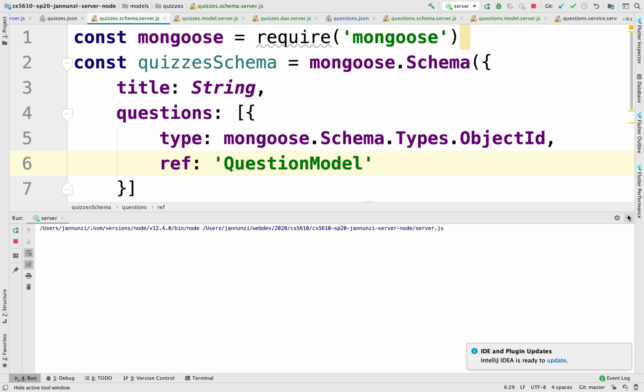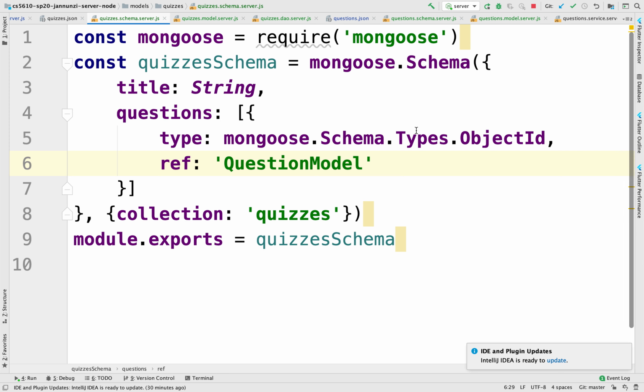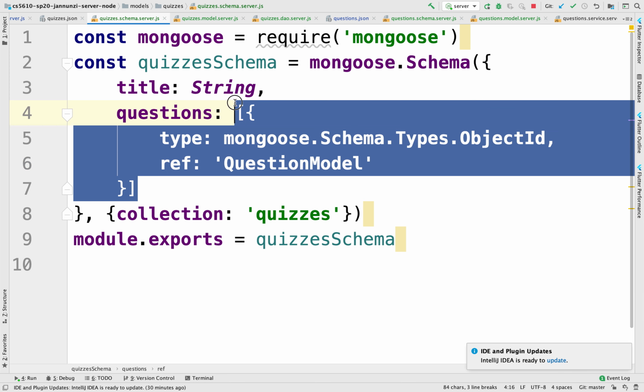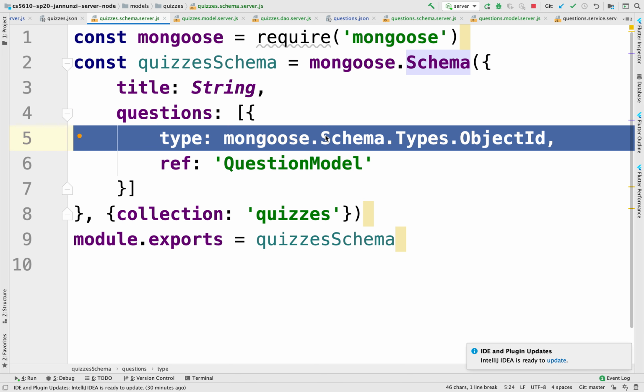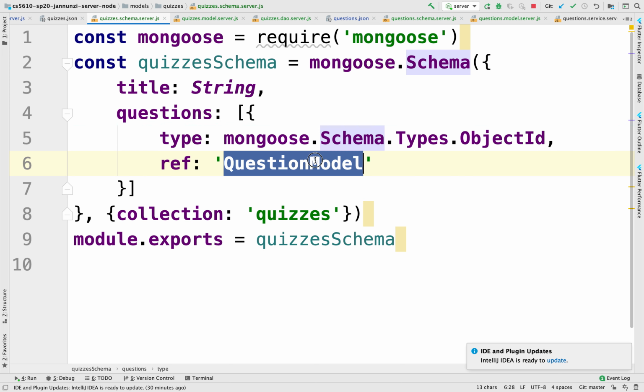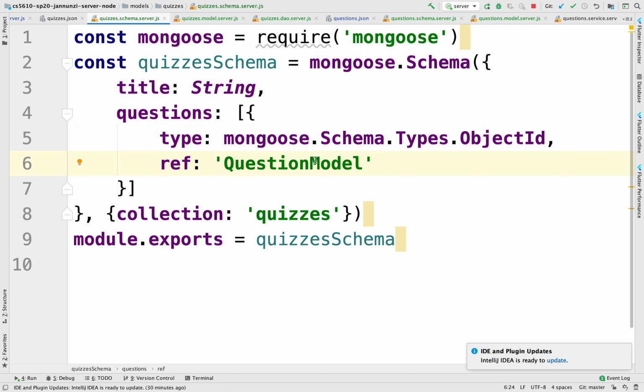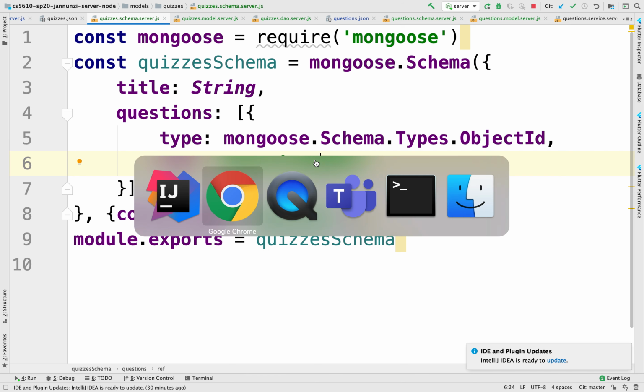Okay, so here we have the schema for the quizzes, right? That is being written in terms of an array of questions, and those questions have been configured to have foreign keys that are referencing object instances that represent questions. And because we've configured it this way, we can now ask mongoose to say, hey, I don't just want the strings, I don't just want the IDs